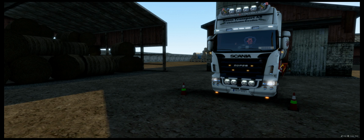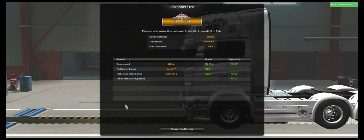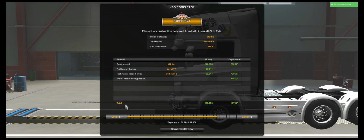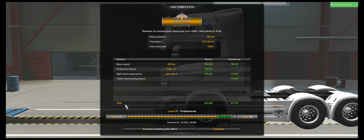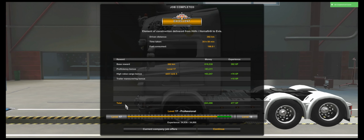So, well, let's disconnect the trailer. And then we are done for today. Driven distance 392 kilometers, so it wasn't that far after all. The ferry distance was quite long. 23,000 euros for this journey. Perfect money to get, and